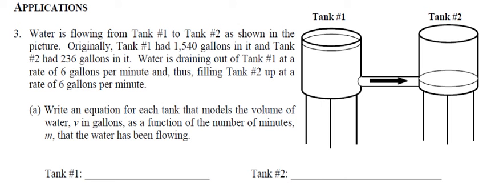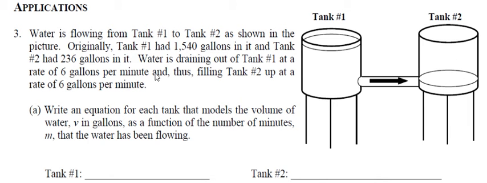Okay, question 3. Water is flowing from tank number 1 to tank number 2, as shown in the picture. Originally, tank 1 had 1,540 gallons in it. Tank 2 had 236 gallons. Water is draining. So, as water leaves tank 1, it's going into tank 2